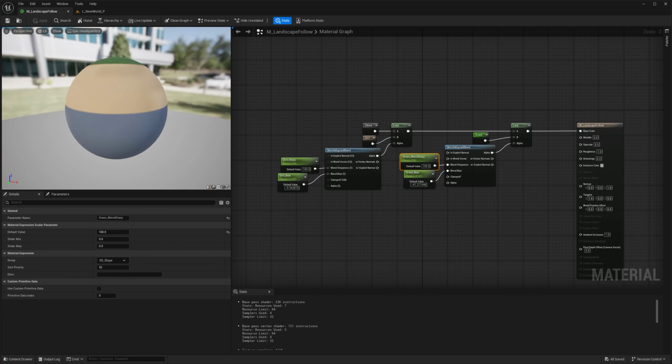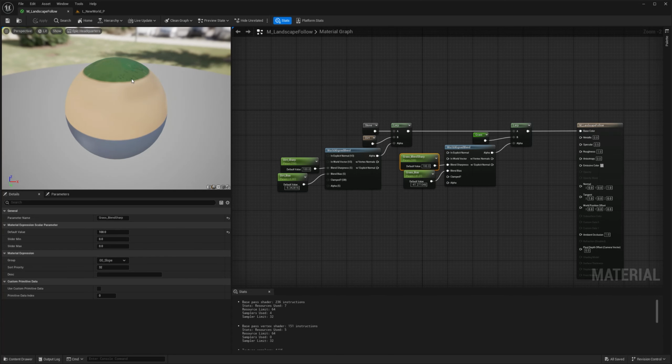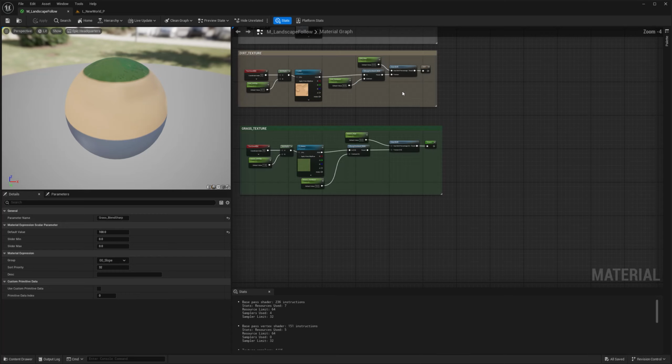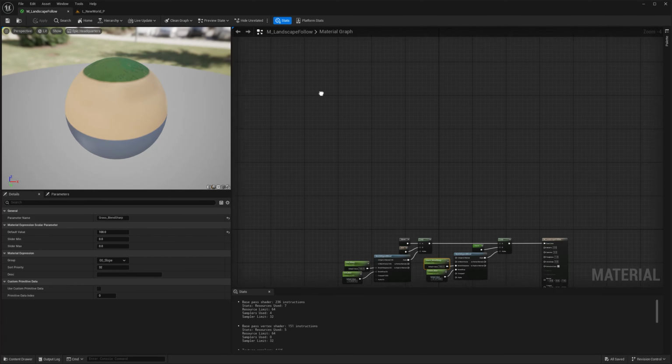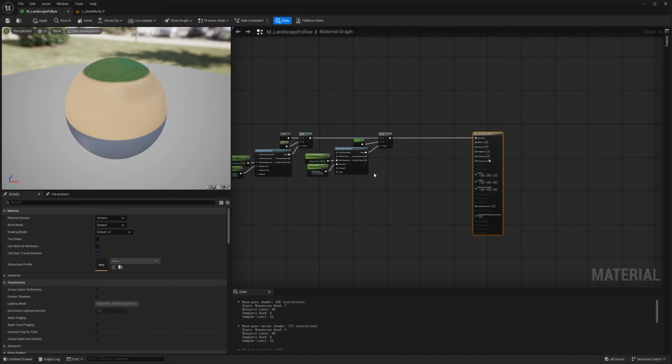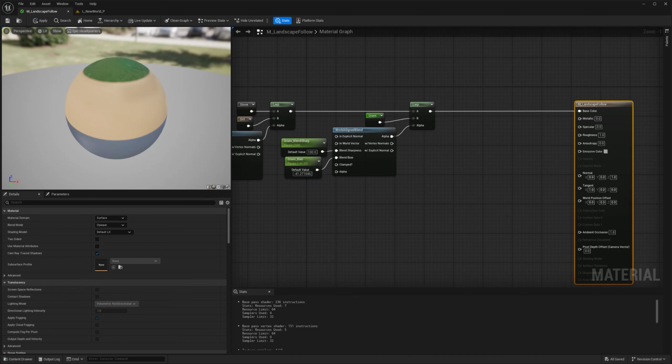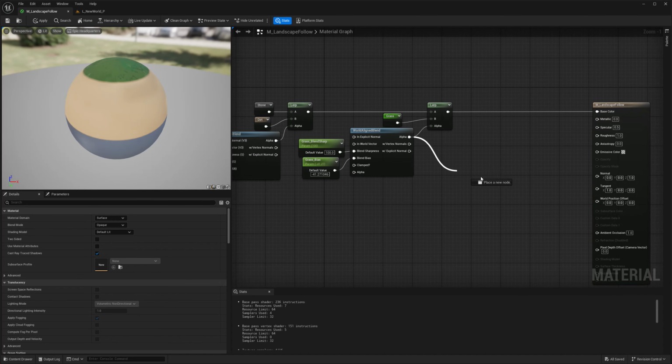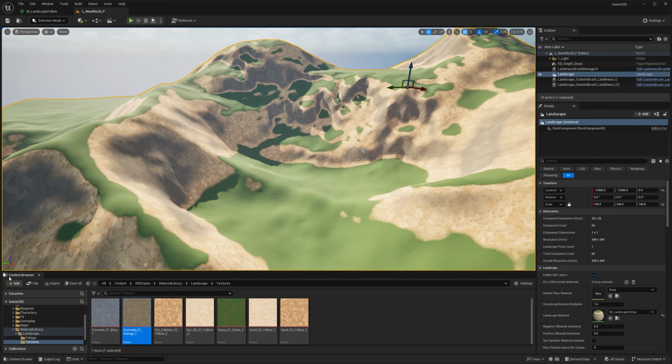Pretty cool. We have a base setup of an auto slope material or auto landscape material. If you Google that, you're going to find a lot of tutorials about that. So this is the basis of it, okay? And we can continue to add more controls here. But for now, what I want to do is everywhere there is grass, which would be this alpha here, I want to make sure that there is an actual grass in it. And that's what we're going to be doing next.